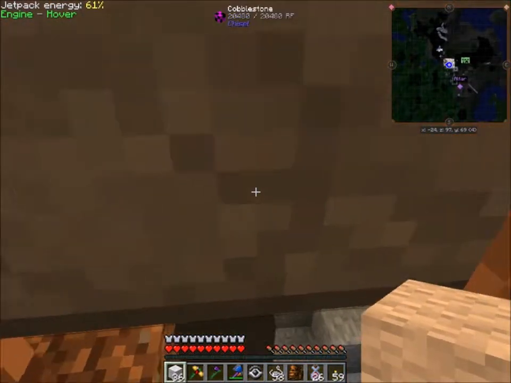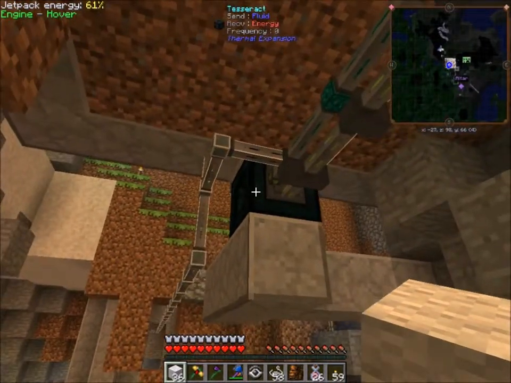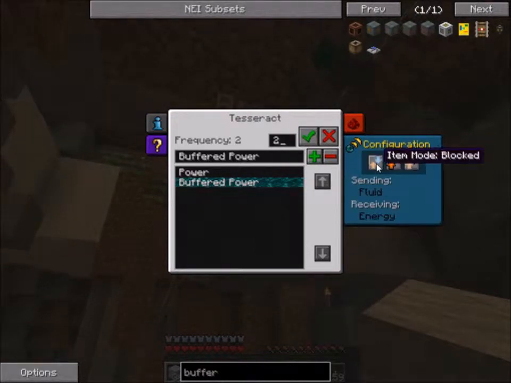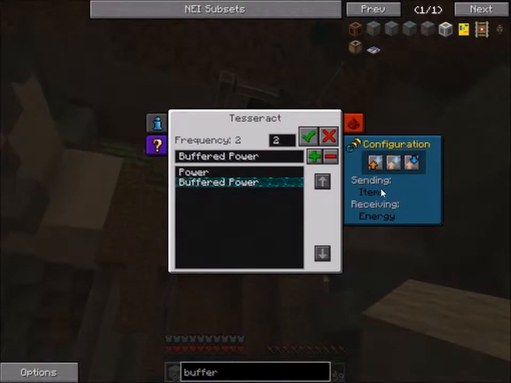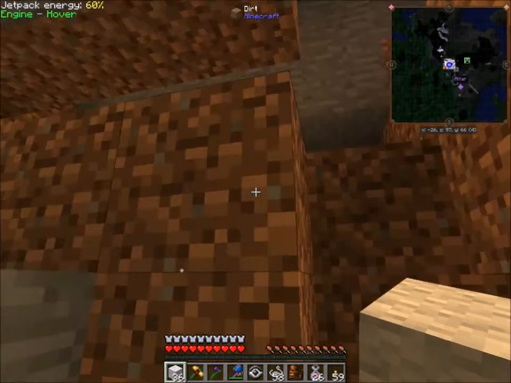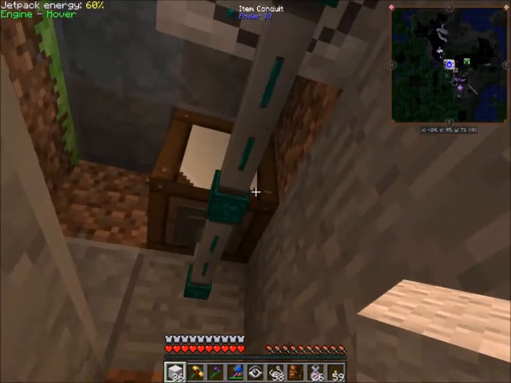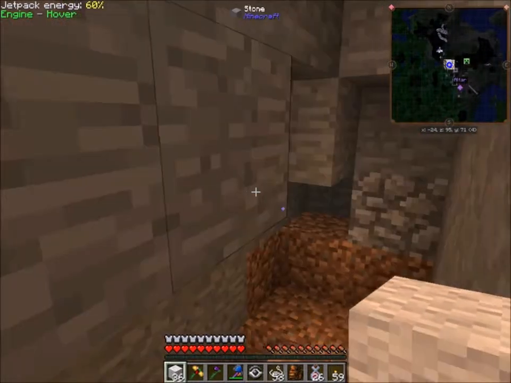So let's go check the tesseract, I guess, real quick. Make sure it's set up correctly. Not sending items. Sending items, receiving energy. Okay, maybe that was the whole problem. Yep, they seem to be empty now. Okay, well,